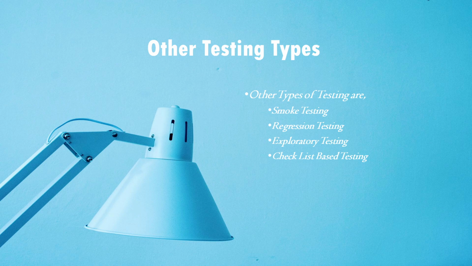The execution types: first one is smoke testing, then regression testing, exploratory testing, and checklist based testing. These are all other types of testing apart from the formal testing which you're going to do. Now, if I need to teach this properly, and if you need to correctly understand this,